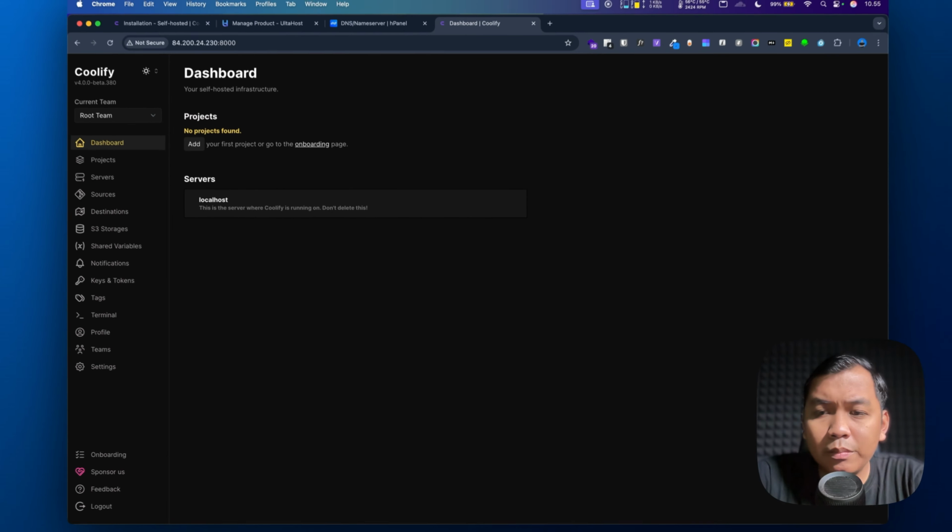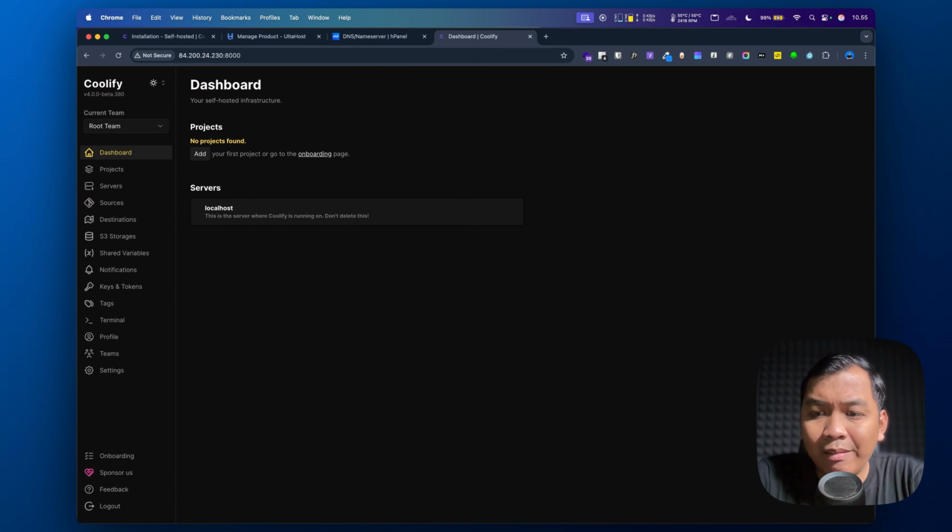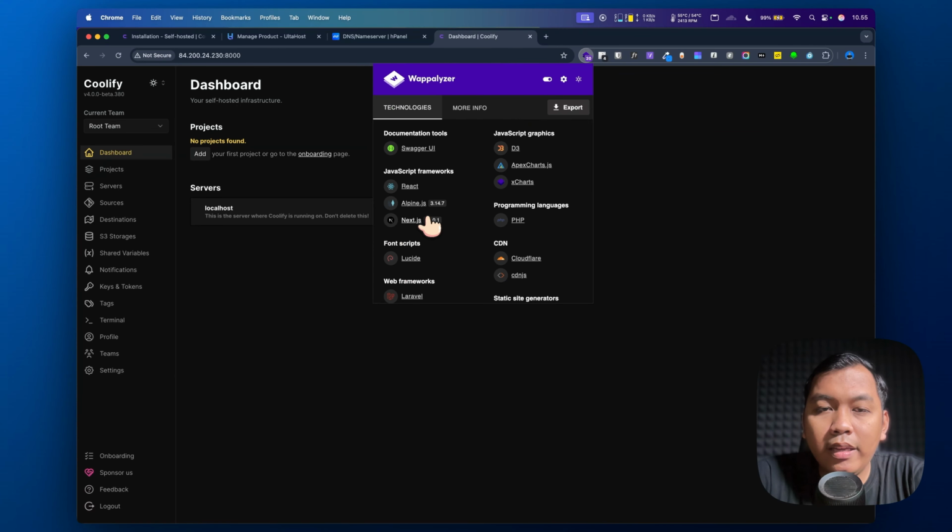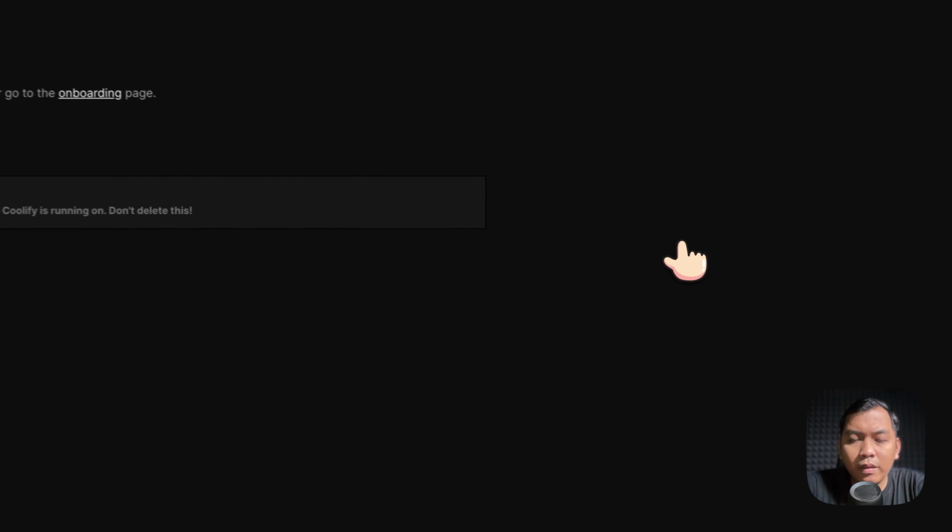Alright, so this is my Coolify installed on my VPS. This is the Coolify dashboard, nice UI. Let's check. I think it uses Next.js, as you can see here, or React, but I don't know.